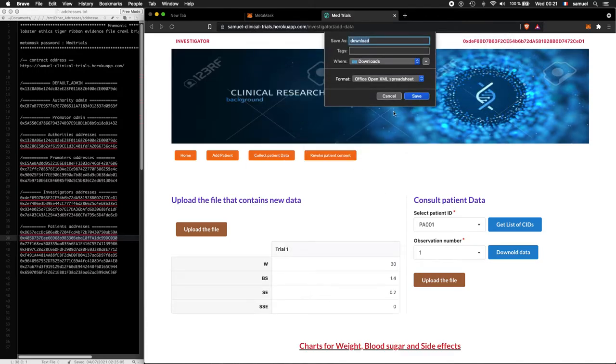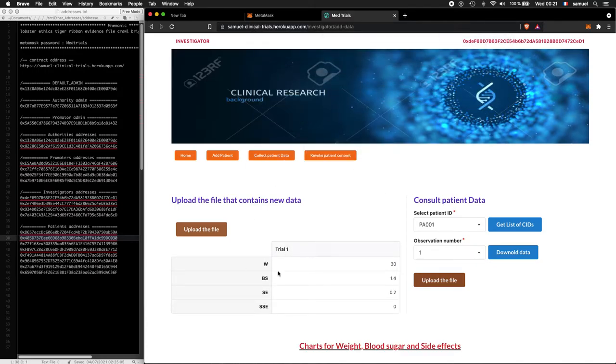If I click it, as you can see, we have 1 trial, and this information is, of course, the information that was provided by the patient to the investigator: the weight, the blood sugar, the serious side effects, and side effects.